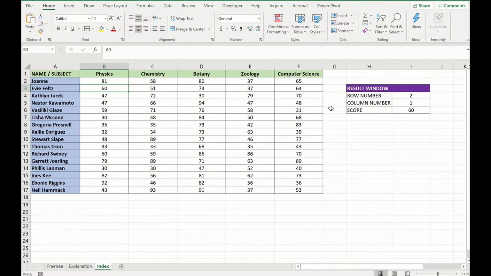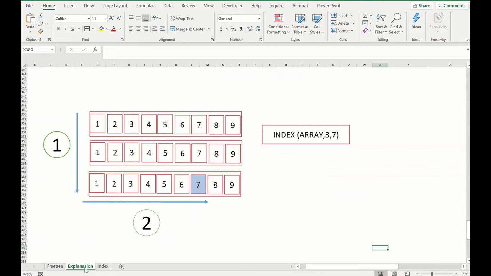The reason why I keep it so simple is because I want to make sure that you understand this index concept very easily, very clearly, so that when we add more layers to it, you're not getting confused. All right, very simple. Before I actually do this, a very short explanation of how this works. Let's assume that you have an array that's 3 cross 9.